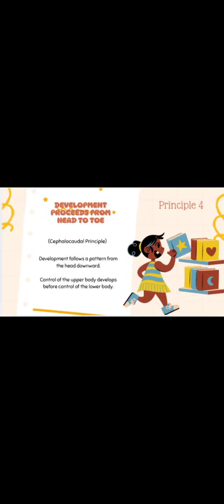Principle 3. Development proceeds from general to specific. Children first develop broad, general abilities before mastering specific and detailed skills. Example: Principle 4. Development proceeds from head to toe. Physical development starts at the head and gradually moves downward. Children gain control of upper body parts before lower body parts. Example: